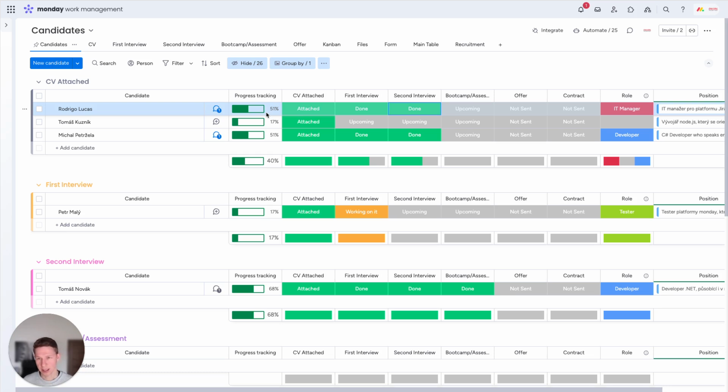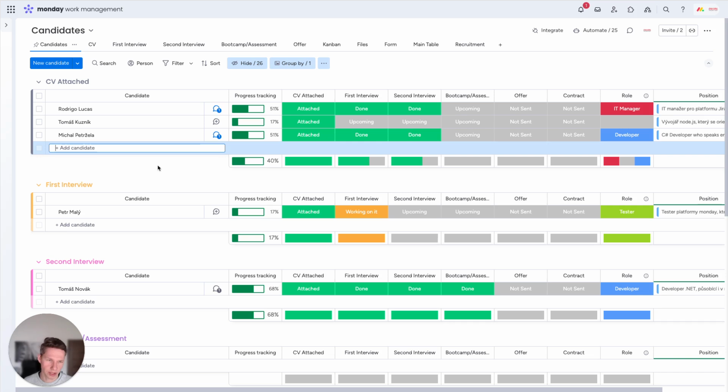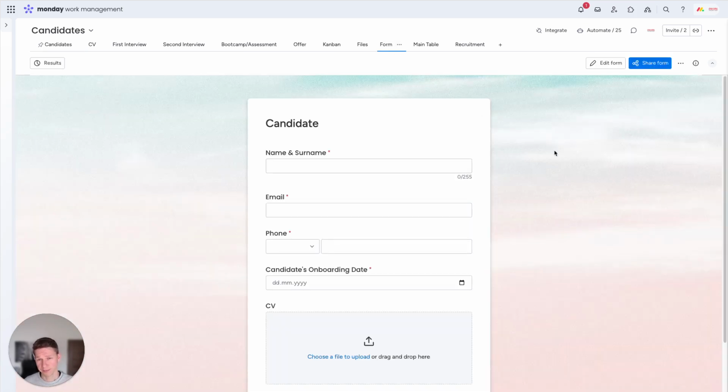A candidate can be added or created here in two ways. The first one, whenever you are an HR member, you can add the candidate here and populate all the information, or you can use the form. You can expose the form on your website or just share the link on LinkedIn. And once it's filled,